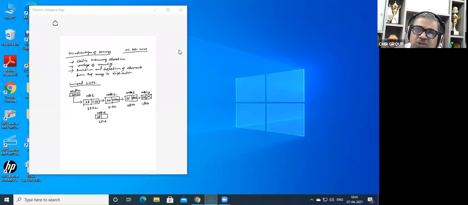When node X is created, its address field would be null.